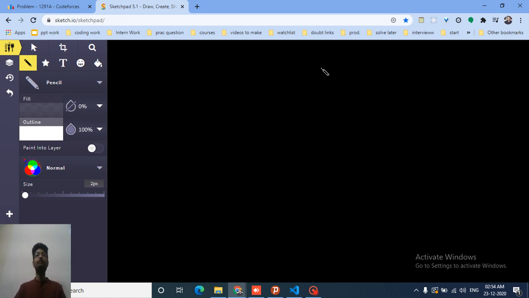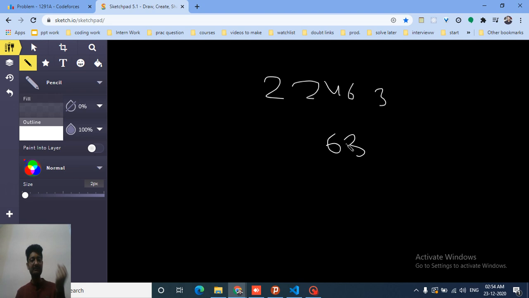The next case can be, is only one odd number sufficient for the condition? Which means that maybe I have all even digits except one odd, like this: 2 2 4 6 and 3. Now as you can see, if you add all of them, the total summation will always be an odd number, because if you add an even number with an odd number, the total summation will always be an odd number.